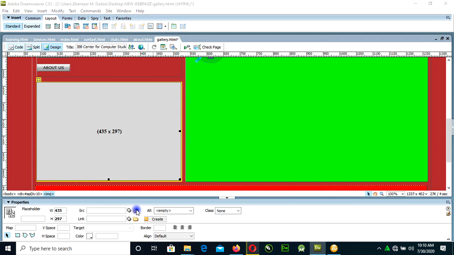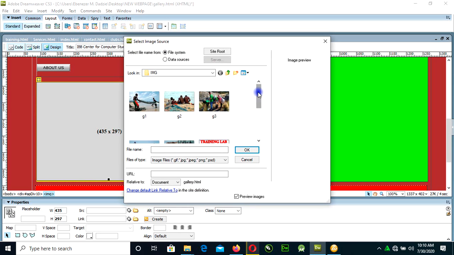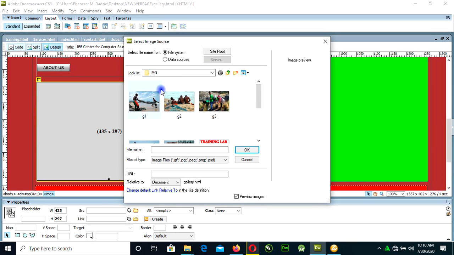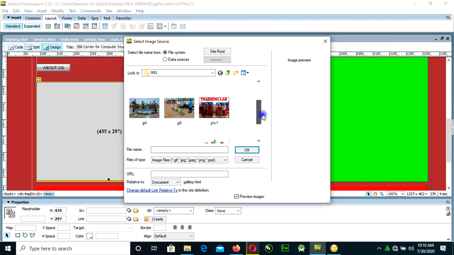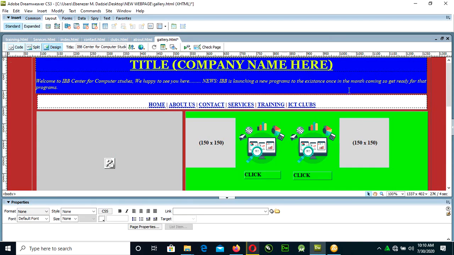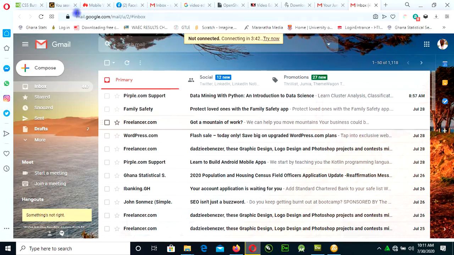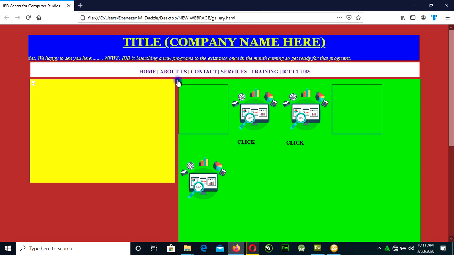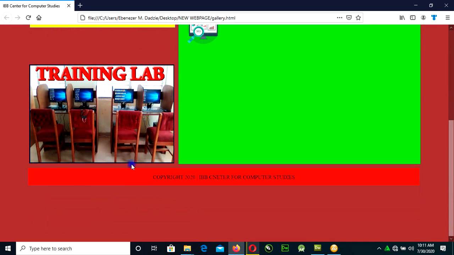Then we'll go in for the picture. Here is my picture. Immediately I select it, the picture will be in. Let's go back and check it on my browser. This is not the page. So I'll go in for the browser and refresh the page. Immediately I refresh the page,